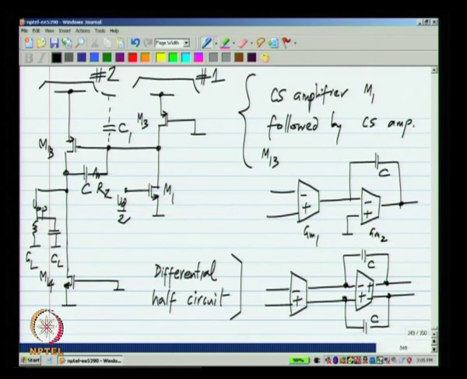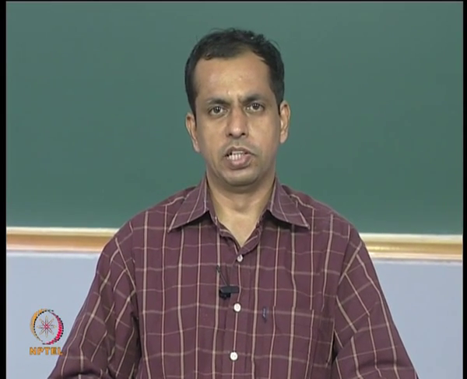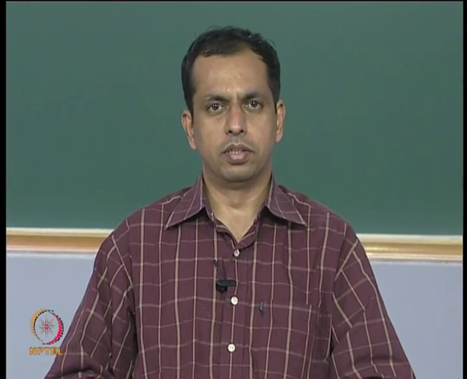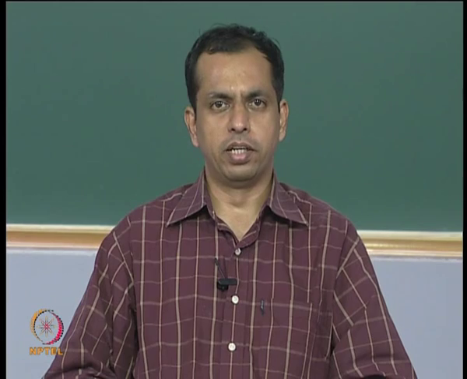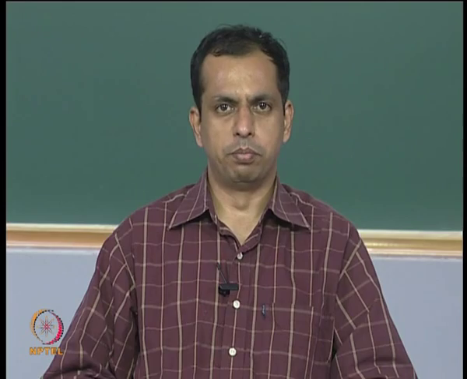So, the two stage fully differential op amp is just a fully differential version, that is all we do. The first stage is already almost differential, it uses a differential pair, but we do not use the current mirror load, we use the current source load, and the second stage we have to replicate it to the other side and we get the fully differential op amp. The gain and frequency response are very similar to that of the single ended case. Okay. So, in the next lecture we will look at how to do the common mode feedback stabilization for the fully differential two stage op amp. Thank you.